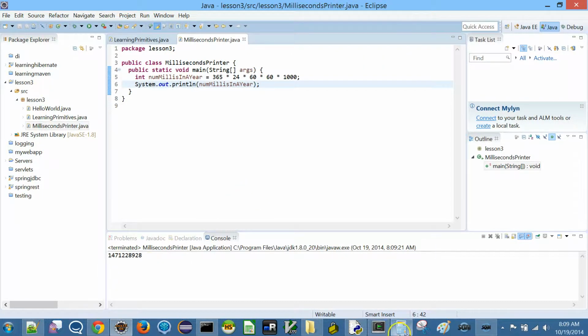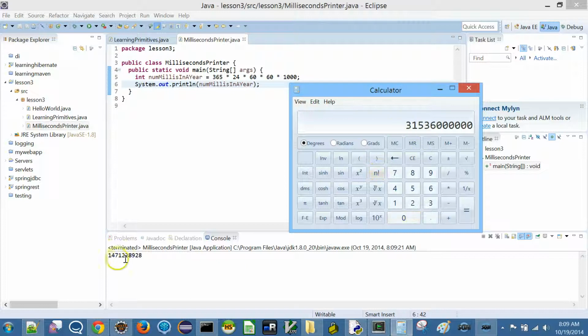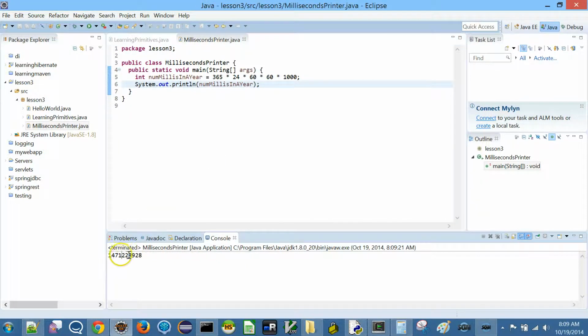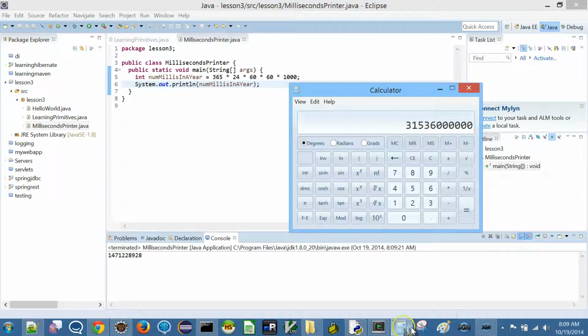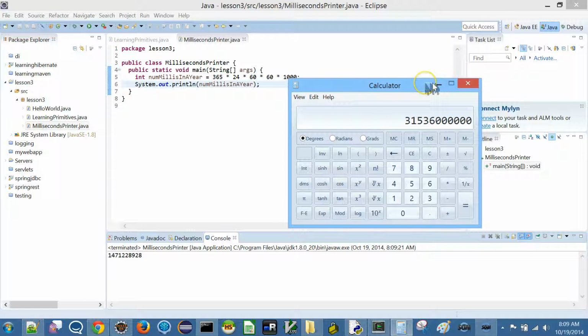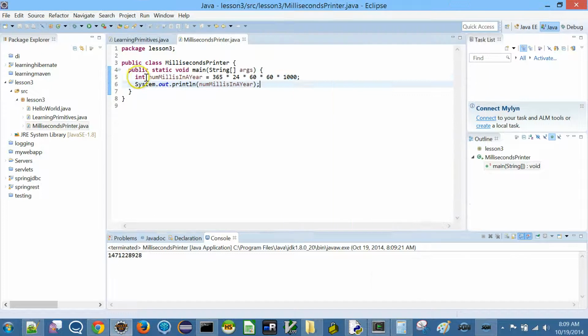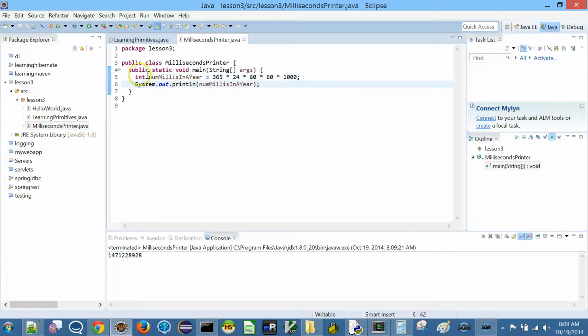Oh, it's not printing this for us. This is something else, it's different, right? Now any guesses why this is different? If we think about it, in the previous lecture we talked about overflow. So what's happening here obviously is an overflow, because this is such a large number and it's not going to fit inside an int. So whenever you are doing this we need to be a bit more careful.